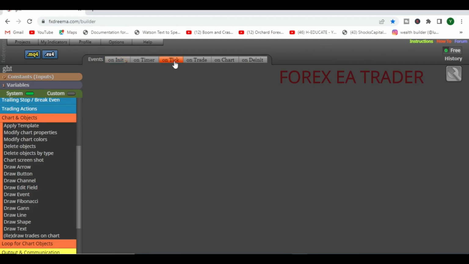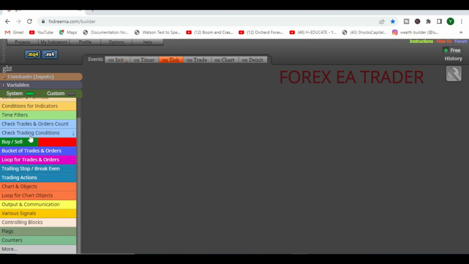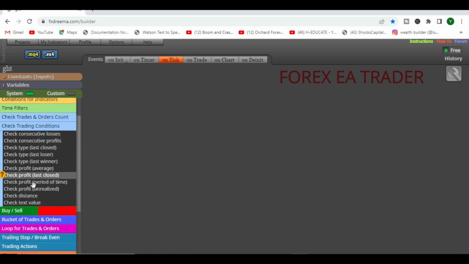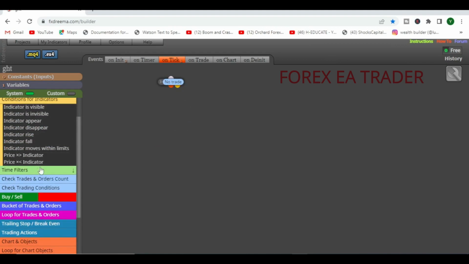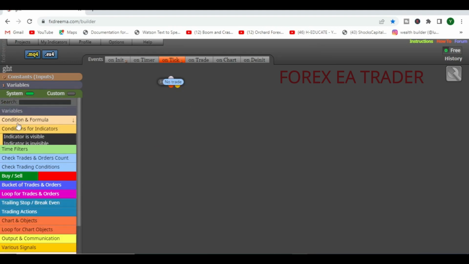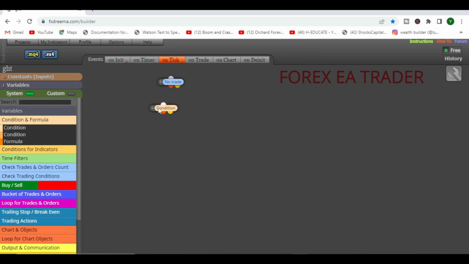Then in this on tick section, this is where we're going to set our conditions for trading. Really, what you just want to do here is, like I usually start my robots, I usually start with no trade. That's what I usually start with. Then we are going to have a condition. Sorry, not this condition. We want that condition. Let's say we are going to link it like that, and we're going to double click in there and